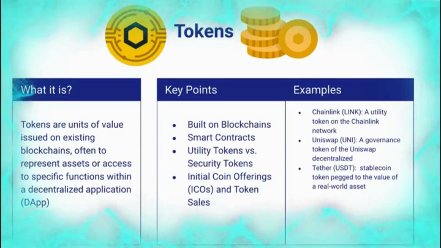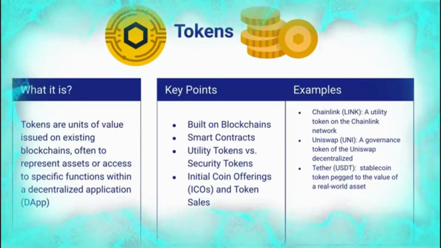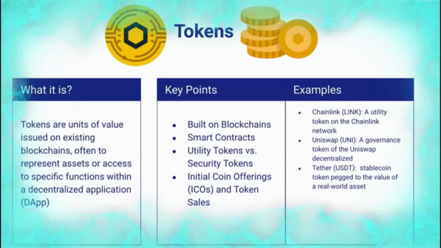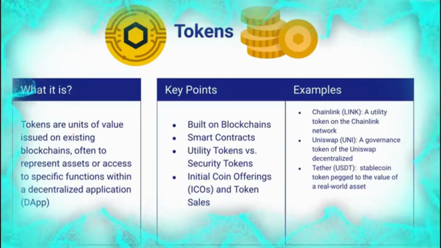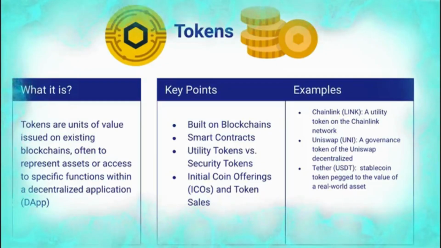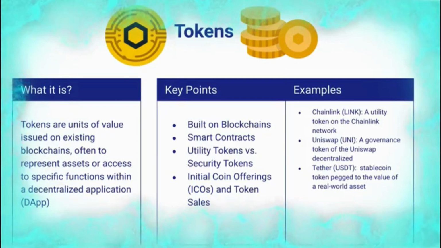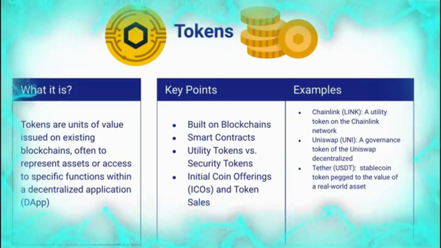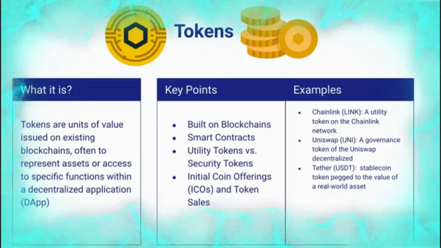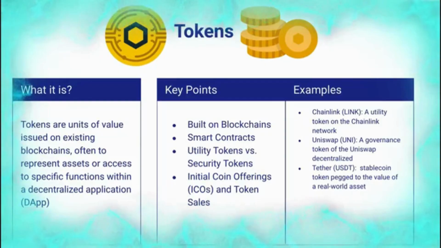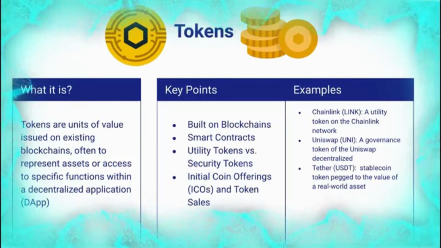project's ecosystem. Examples of tokens are Chainlink, a utility token on the Chainlink network, providing decentralized oracle services to connect smart contracts with real-world data. Uniswap, a governance token of the Uniswap decentralized exchange, allowing holders to participate in decision-making about the platform's future. Tether, a stablecoin pegged to the value of a real-world asset like the US dollar, providing stability in a